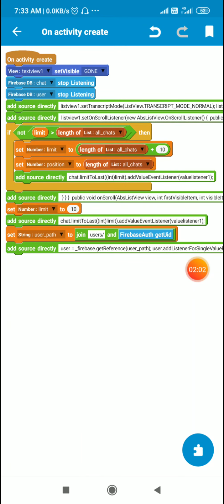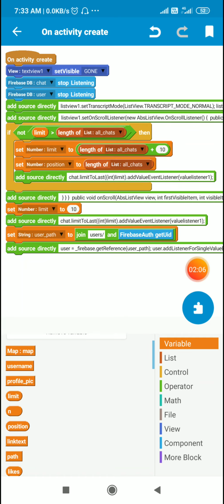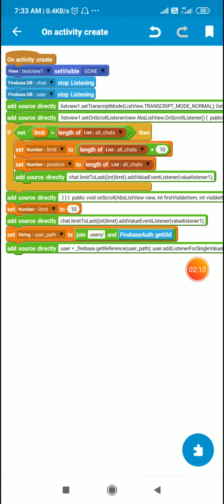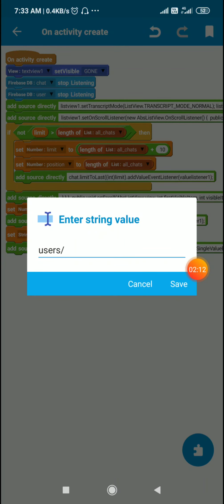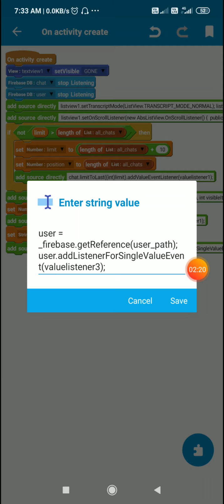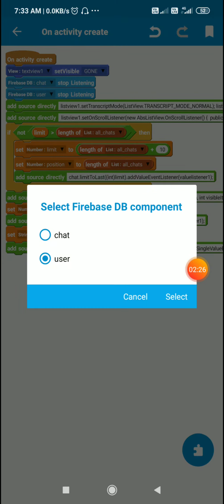and after this I have a string variable called user path, user underscore path, and I set this to users slash firebase auth get uid, means the uid of the current user. Then I make a reference to it. This is the Firebase DB component user which I stopped here.